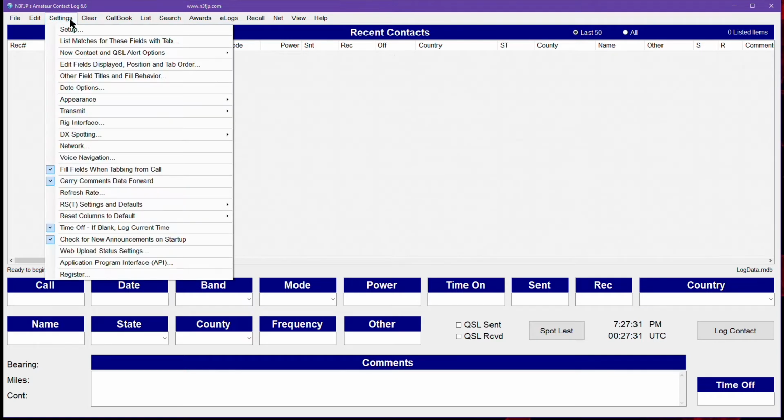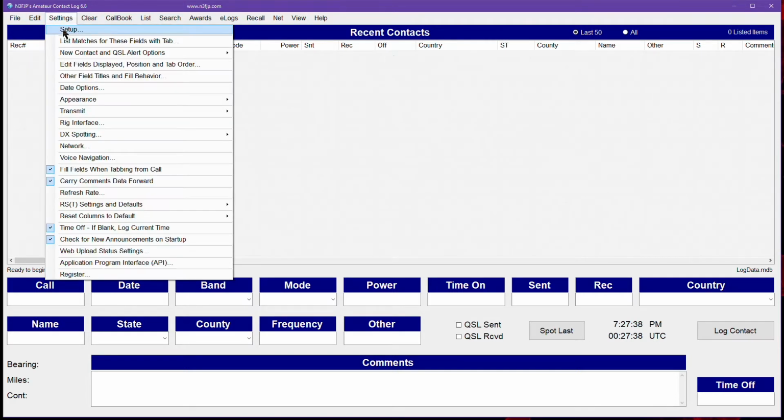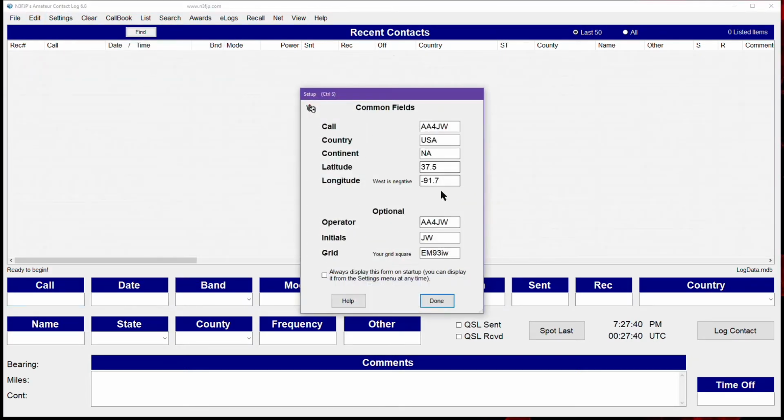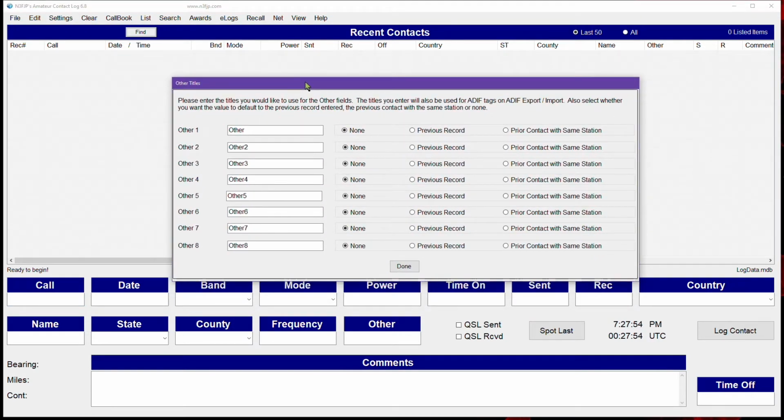First thing you need to do is go up into your settings. Well, okay, when you install it, it's going to ask you for your common fields. Fill that stuff out. It's fine. But I'm not going to go over that. What we do need to go through is we need to look at the other fields first. So there's a couple of fields that we use in Parks on the Air to get numbers into the system. The first one is